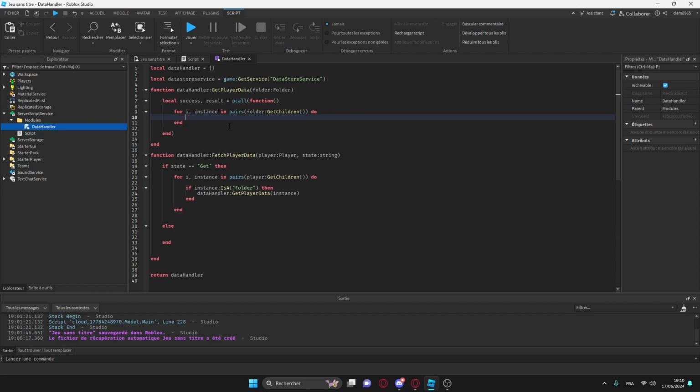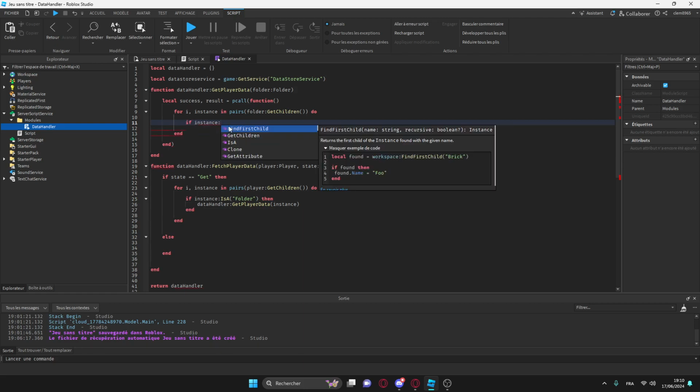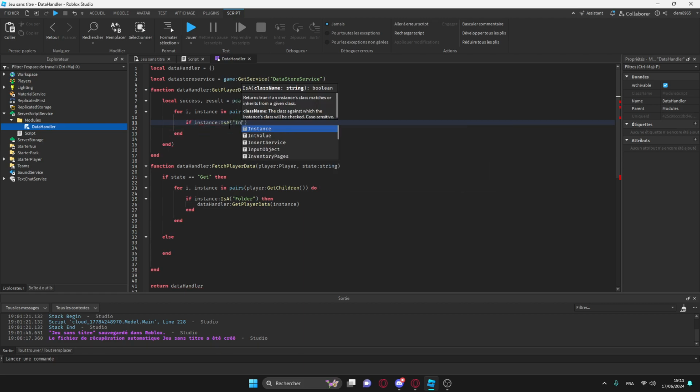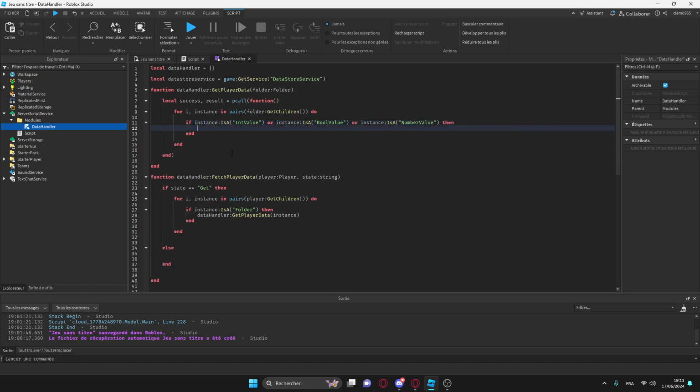If instance is an IntValue or instance is a BoolValue or NumberValue, then